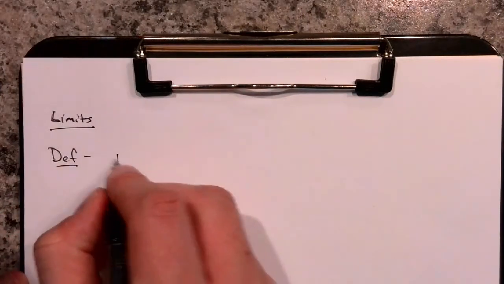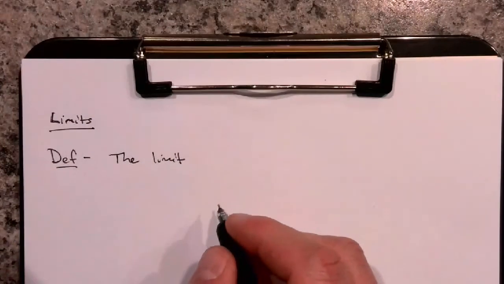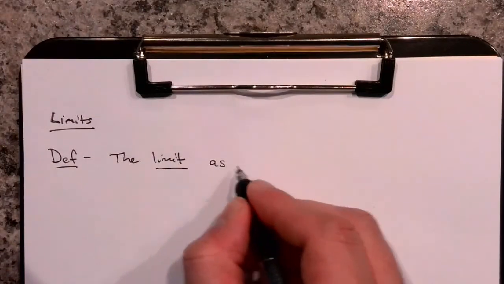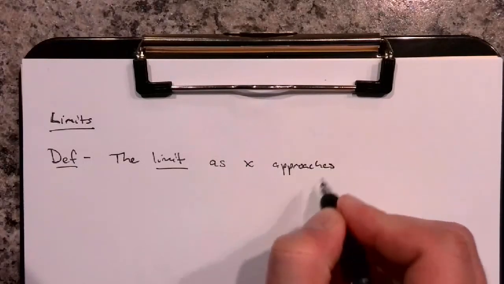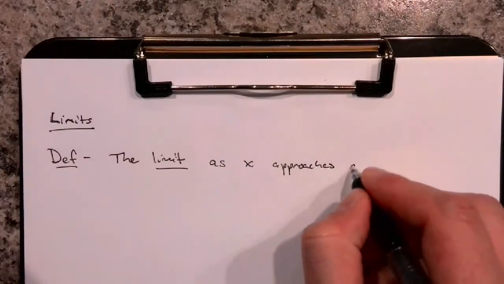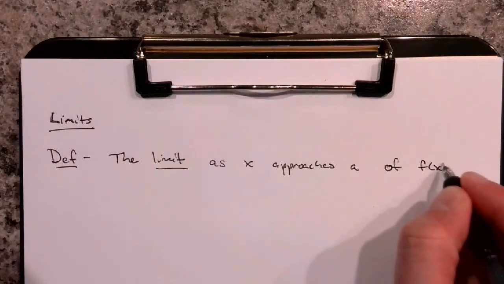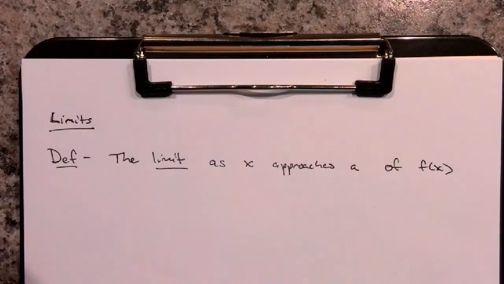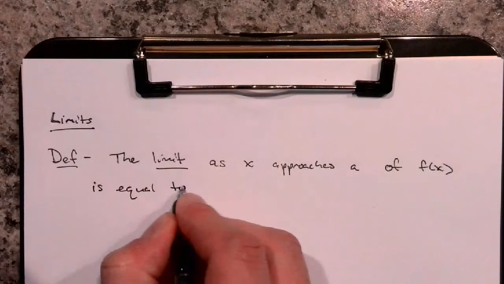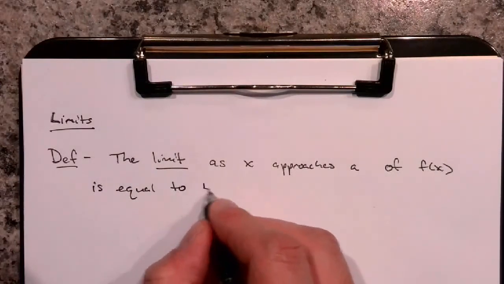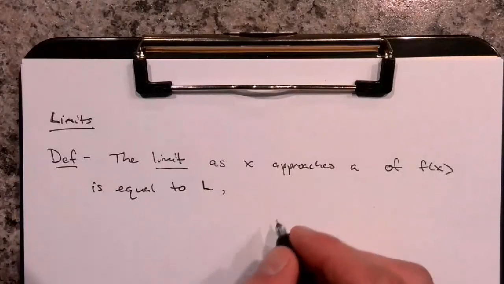So the limit as x approaches a of a function f of x is equal to L, and this is written as